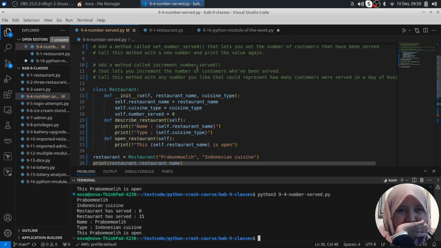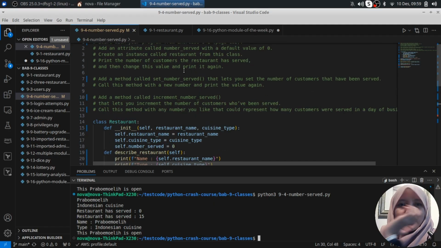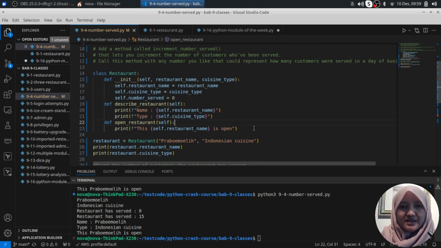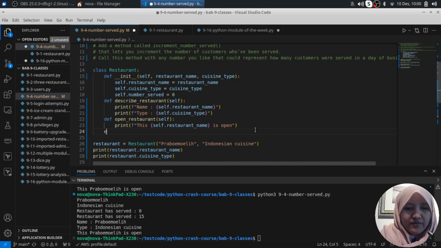Okay, and then add a method called increment number served. Wait, no. Add a method called set number served that lets you set the number of customers that have been served, and call this method with a new number and print the value again. So we just add here def